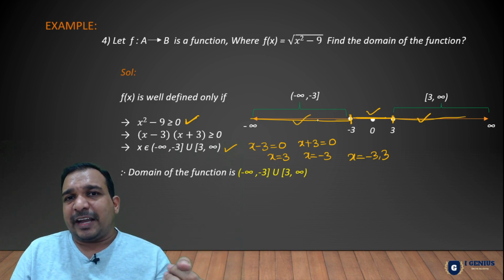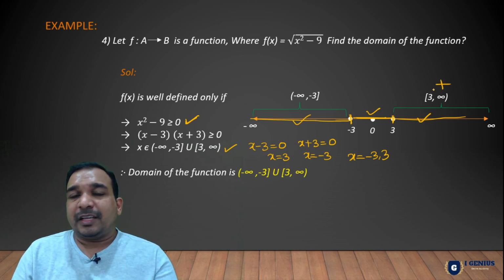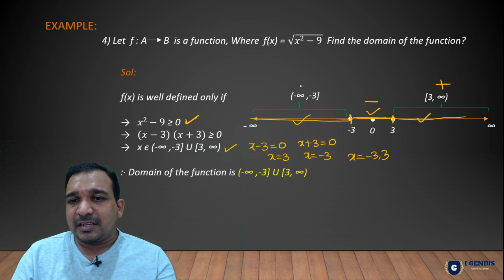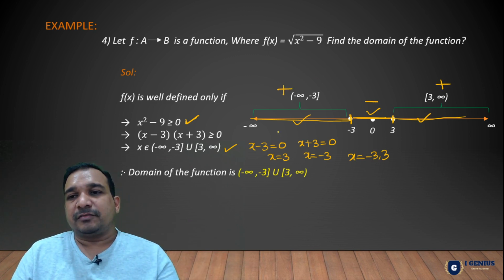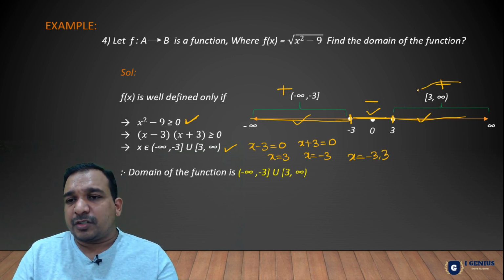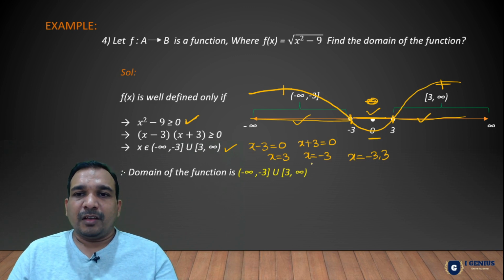So let us take the rightmost part. Start with positive and change the sign alternately. Plus, then minus, then plus. Positive, negative, positive. If you draw the curve, this is the positive curve, this is the negative curve, and this is positive. So I'll write negative here. This is negative. So this is called, guys, actually the wavy curve.